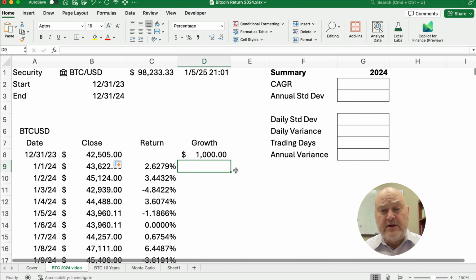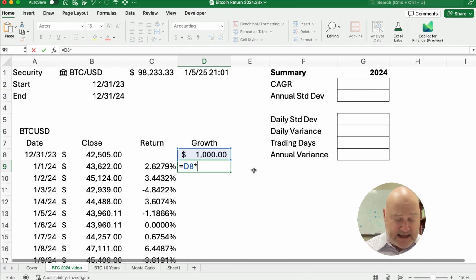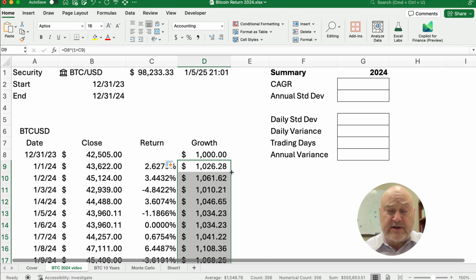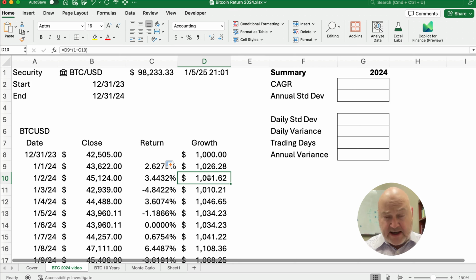All right, so we also can calculate the growth. So if we started with 1,000, we'll take 1,000 times 1 plus the 2%. So if we had a $1,000 investment and it grew at 2.6%, we'd end up with $1,026. So here's what we have. And we can do the same thing all the way down. I'm going to double click, send it all the way down, and that copies that formula